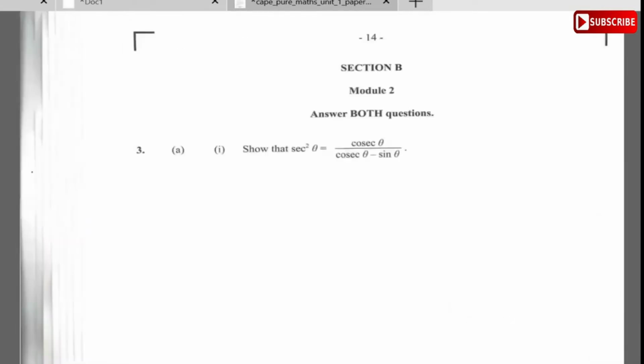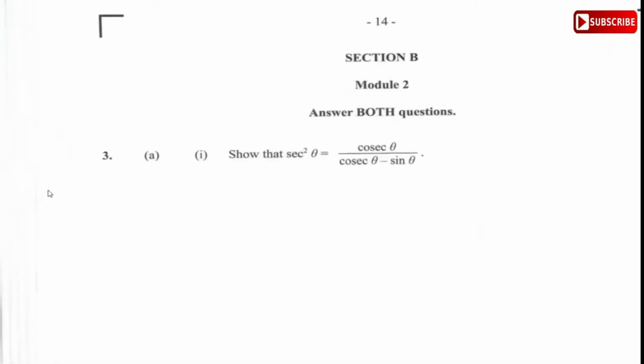So this question in module 2 says, show that sec square theta is cosec theta over cosec theta minus sine theta. How much marks is this? Let me judge how many steps. 4 marks. All right. Now, to do this proof,